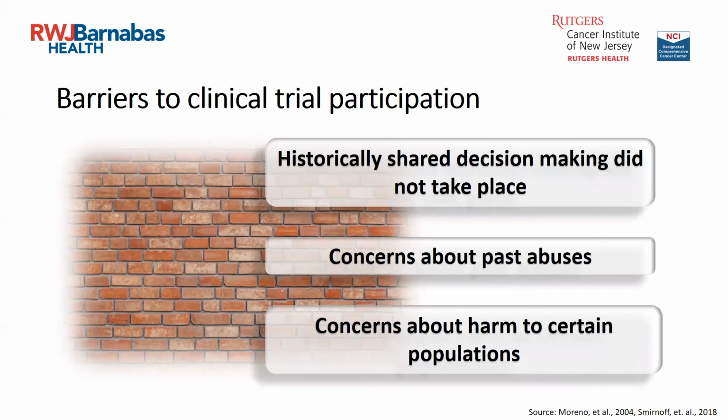Remember, I mentioned earlier that regulations were put into place. This was to protect people in clinical studies because of past abuses. Historically, shared decision-making wasn't part of the research process, and abuses in vulnerable populations have led to mistrust, where we see the effects to this day. We're seeing it now with the COVID vaccine, and these are legitimate concerns. In addition to participant mistrust, we can also see the effects when researchers are hesitant to include trial participants because of fears of harming people, for instance, pregnant women.